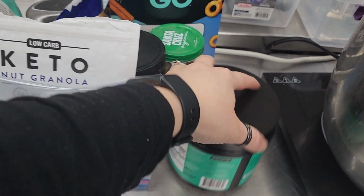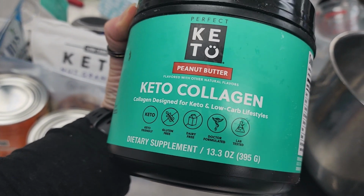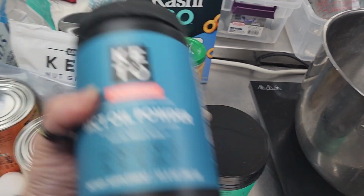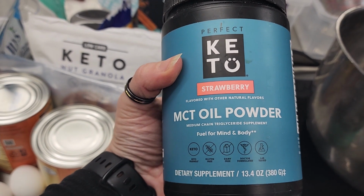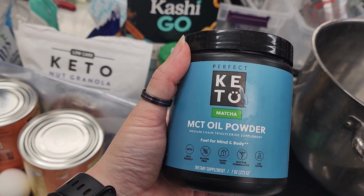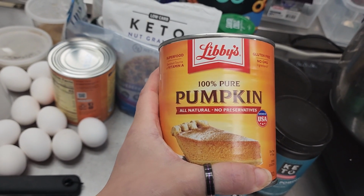Now for the extra ingredients that are specific to 1, 2, maybe 3 recipes, but they come in handy just to have on hand, and even just some of them to have by themselves. Like peanut butter collagen, which I don't think you've seen yet, I believe I used it in my peanut butter ice cream bars, just like I used the strawberry MCT oil powder in my strawberry ice cream. I'll be bringing you a recipe of ice cream with the matcha, cans of Libby's pure pumpkin puree,